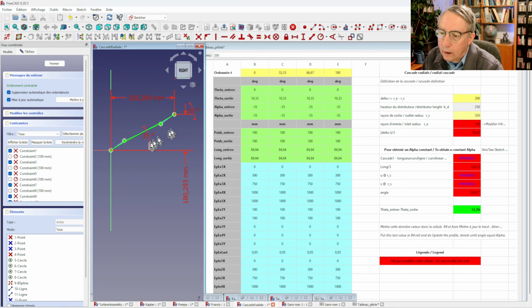We have the two angles at inlet and outlet, but in between it's a curve. It's not a perfect line. It will be desirable to correct that. We have to modify the length of the profile, so we have to increase this value here. Moving this point up, we will have a straight line at some point.